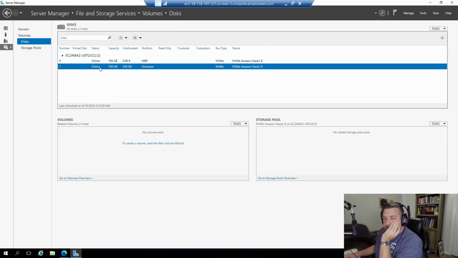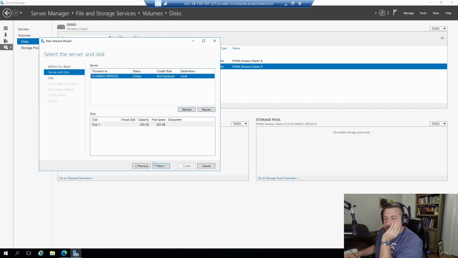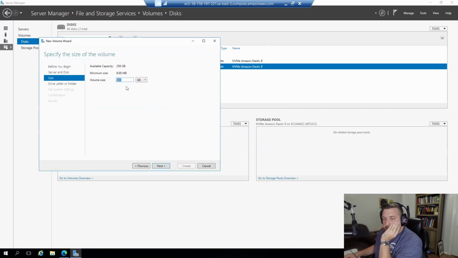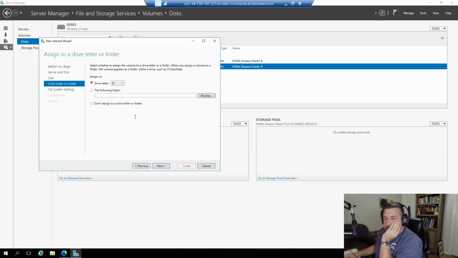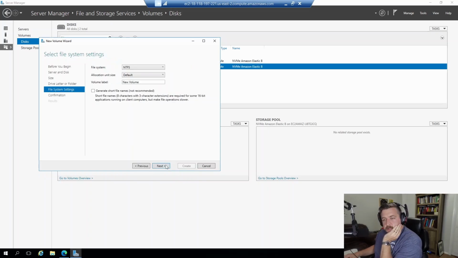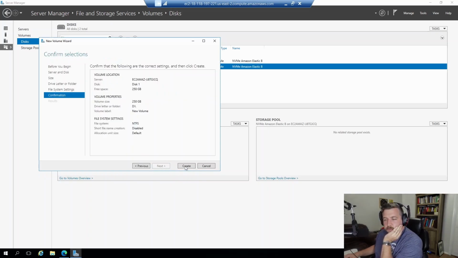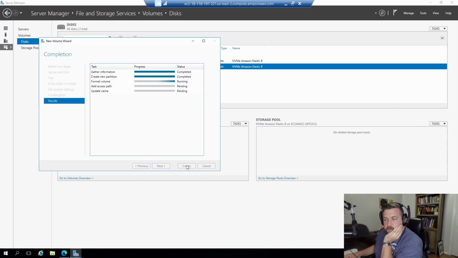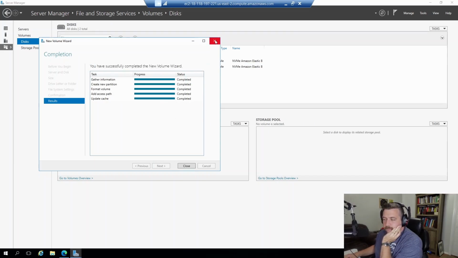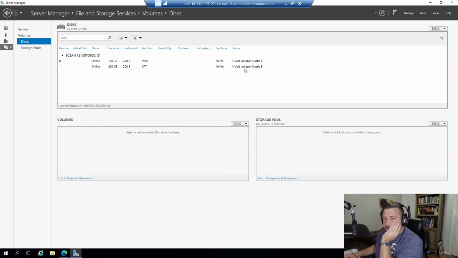This one here, I'm going to create a volume here. So that's fine. Yep. 250. Yes, this is going to be our D drive. So again, this is where I want to install all that stuff, and I can click through the rest of this. This is all going to be fine. If I was doing this for real, I'd put a little bit more effort into some of these things, but we're just trying to show how the